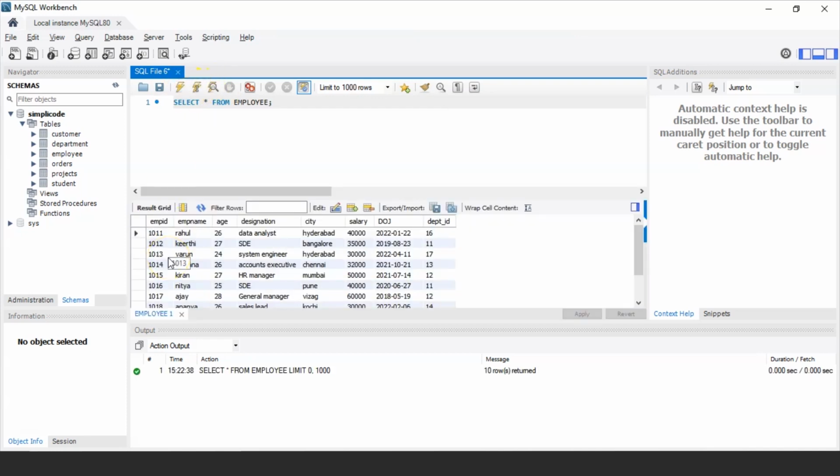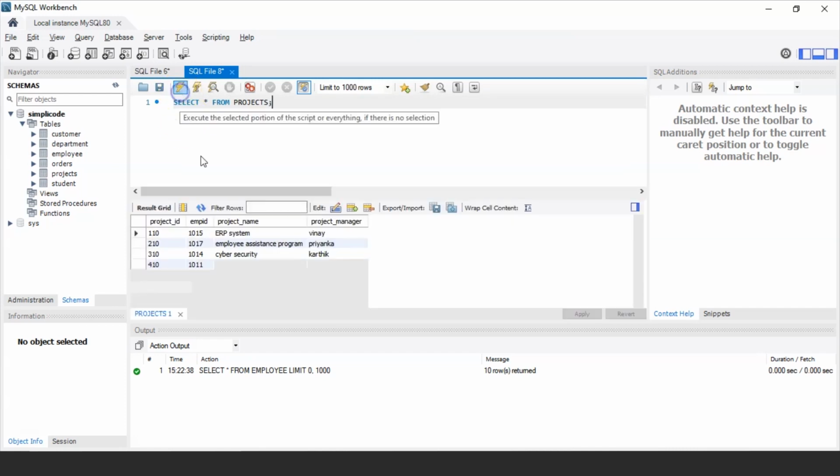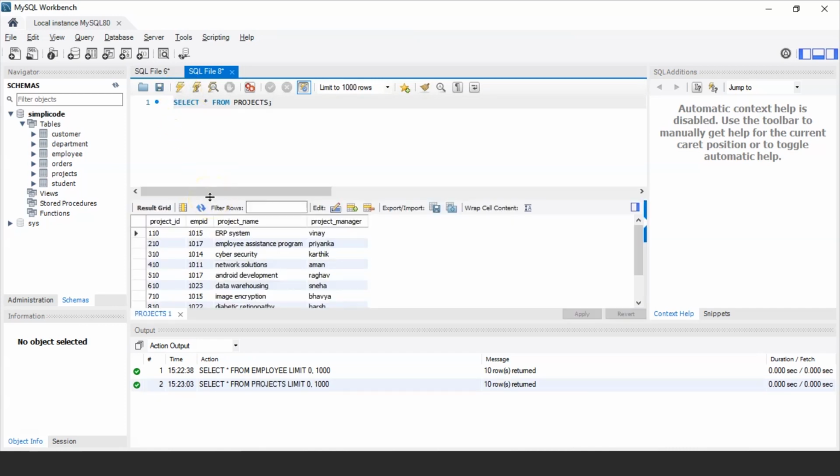So it will display the records of all those employees having employee ID, employee name, age, their designation, city, salary, date of joining and their department ID. Now similarly, I'll display the records of projects. Let me take another tab. I'll use again the select statement to display the records. Select star from projects. Now if you execute this statement, it will display the project ID, employee ID, project name and